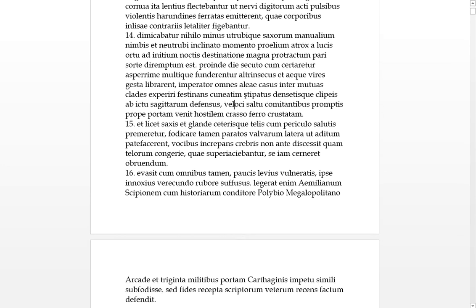How far are we going today? Down to here. 15. It licit, so and probably take that as an although, as a conjunction. And although saxus with rocks and glandae, no, they're not nuts, it's some type of bullet or something, some glandular looking thing. And ceteris tellus and the rest of missiles. Cum periculo, in danger, was prematuring, so he's being pressed. He's safe, salutus. Safety is being pressed in this danger, with this danger.